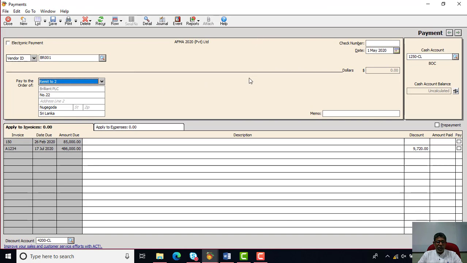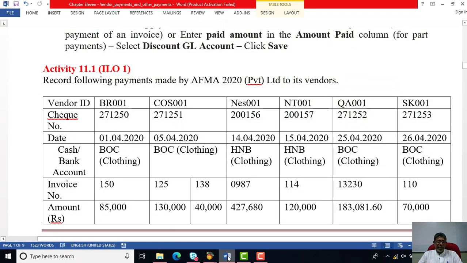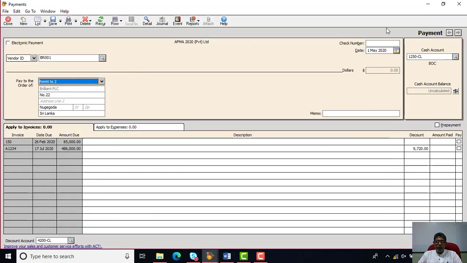Then for BR001, all outstanding bills appear here according to the given date, and if discounts are eligible, that discount also appears here, right? And then it says check number 271250. So we have to enter the check number 271250. That is our check number. Payment made by which account?